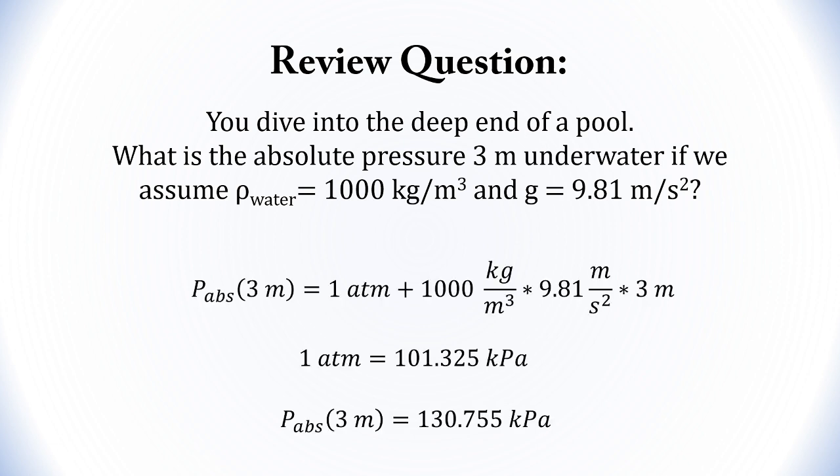To calculate the absolute pressure, we add 1 atmosphere to the pressure equation, which is rho gh. Remember that 1 atmosphere converts into kilopascals, which is going to be the units that we are using. And then the final answer would be